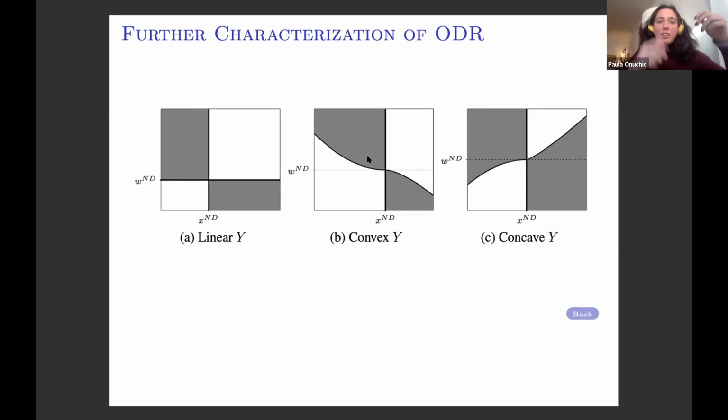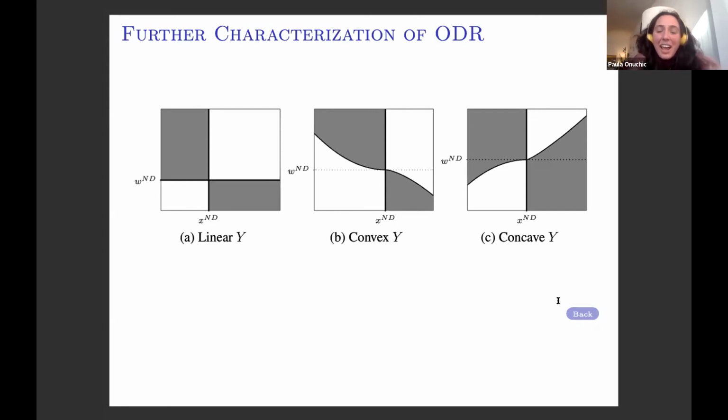Then, given an X and D and a W and D, I know what the closed form solution for this function is. So basically, I can just write an algorithm that tests out a bunch of combinations of X and D and W and D, and I can tell you exactly what the optimal disclosure rule is. So it's pretty general. I can always find it easily on my computer.